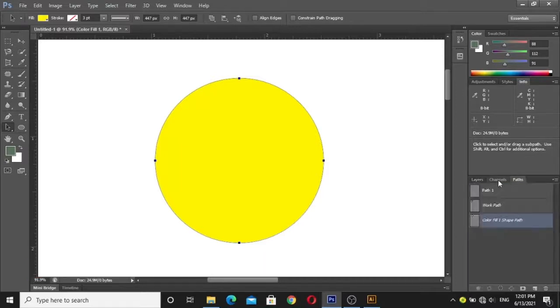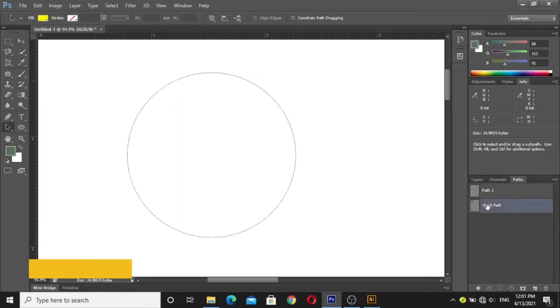I have three options here. The last option is path. The last path that appears below this layer type is the shape that I have recently built. If I delete this shape, nothing will display on the canvas. And this is my path that already exists, and that helped me to build a shape. This is path.